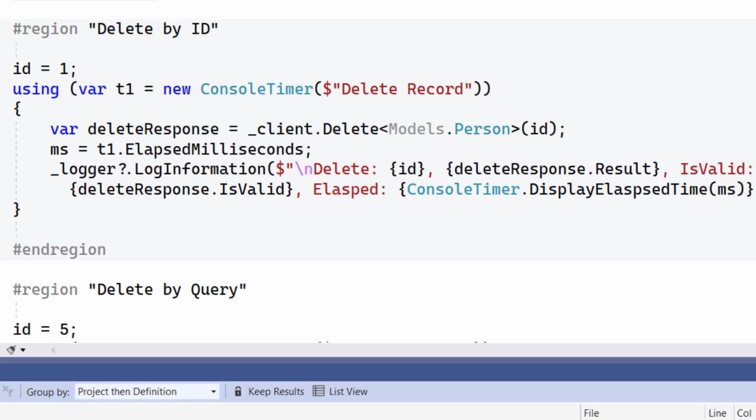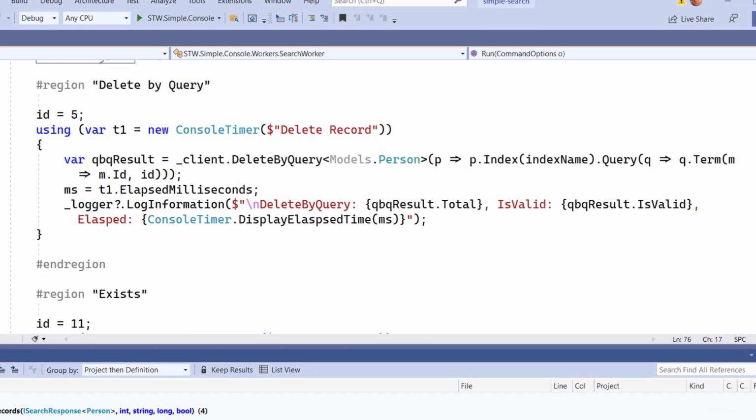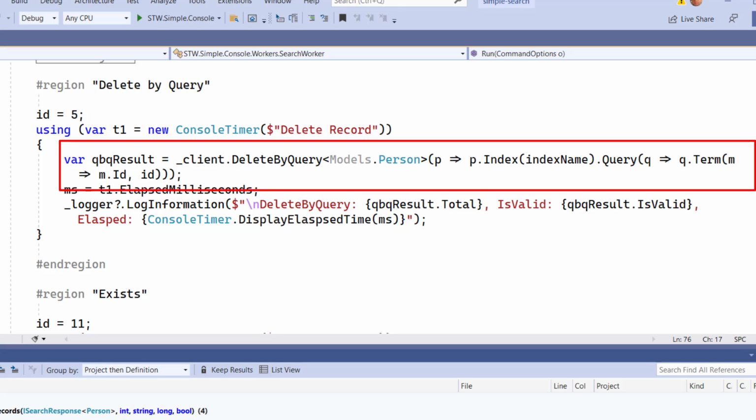But you can also do deletions based on matching query criteria. And just like you built a query for getting back results, you can build a query to define the scope of the deletion. So in this case, we're saying, okay, we want to delete by query. We want to use our index name that we've been using, and we want to delete all the rows that meet the query criteria of term of ID equals ID. So essentially, we're just deleting a single row here, but it's important to know that this could be any valid